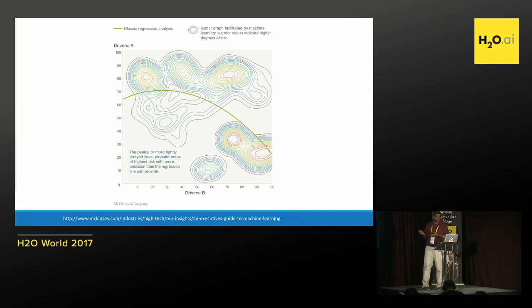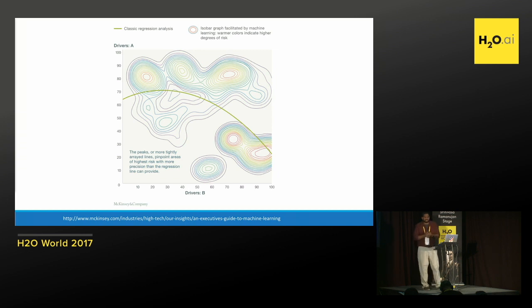So for example, this is an example that McKinsey released. You can see all of these contours, and they basically define, on some 2 variables that they won't tell us the names of, what is important and what is not. And the green curve is what traditional machine learning would do, a simple statistical curve. But now, to actually capture the complexity in the data, you need a machine learning model that has lots of bumps and things like that, which basically means lots of coefficients and stuff that we can't understand, right?